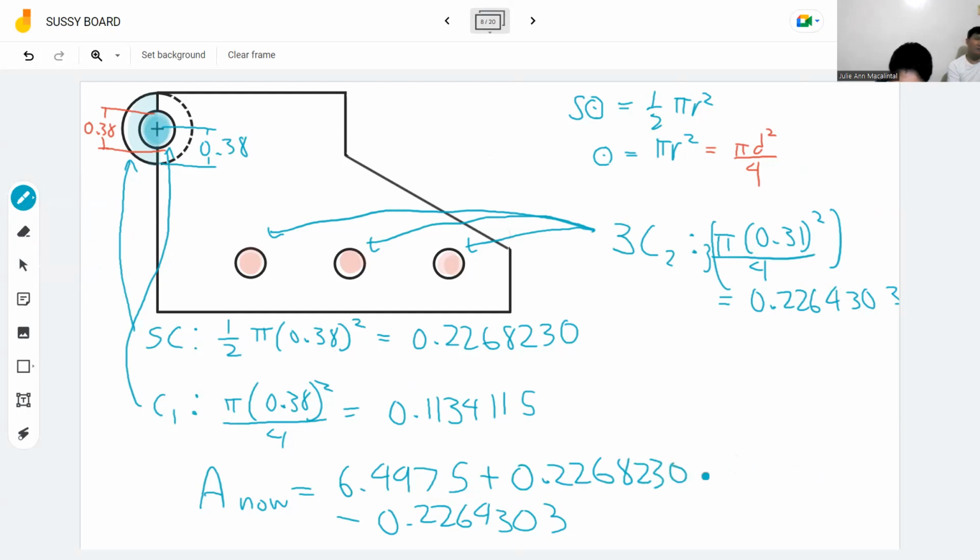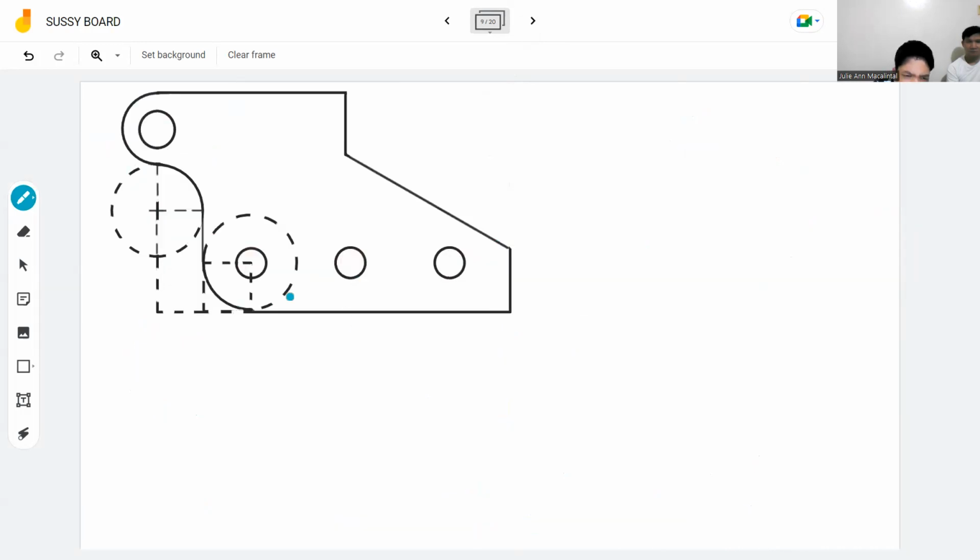You added the semicircle, minus the circle 1, and then minus the 3 circles. So this is equal to 6.3844812. Not much of a change, but it's still pretty significant. Okay, so for the final change,